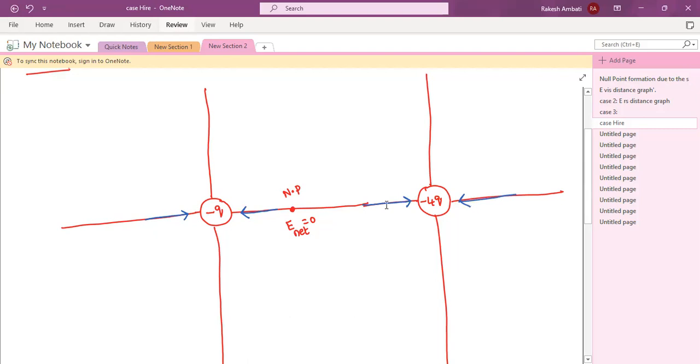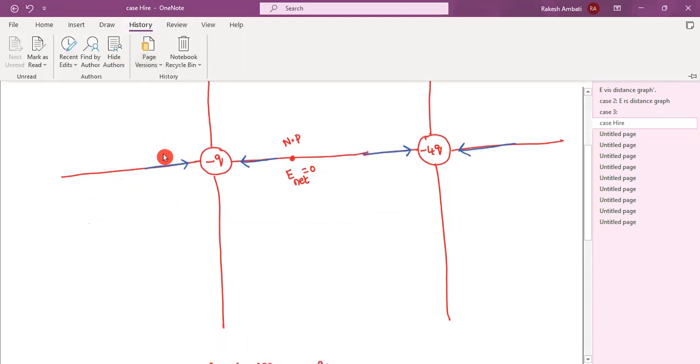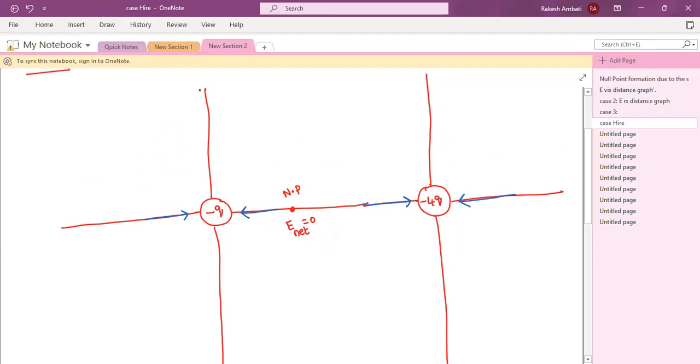Okay, so let us see the graphical part. First of all, in this section, if intensity is in the positive direction, the intensity graph is on the positive side, the graph will be like this.